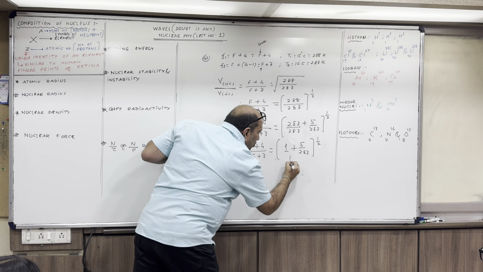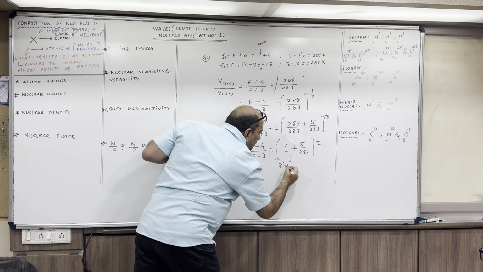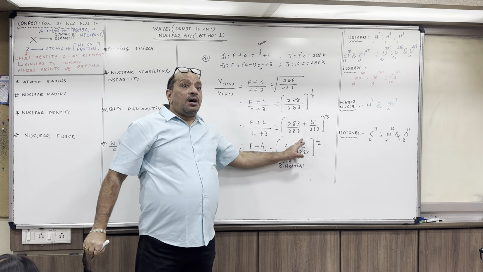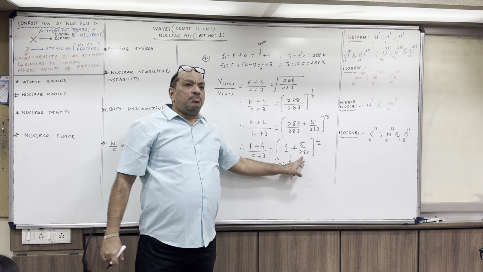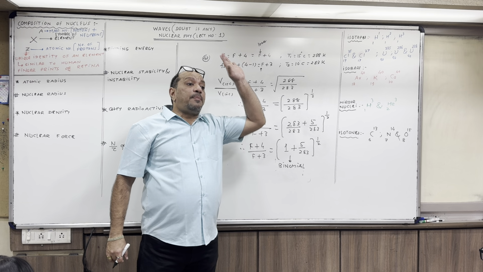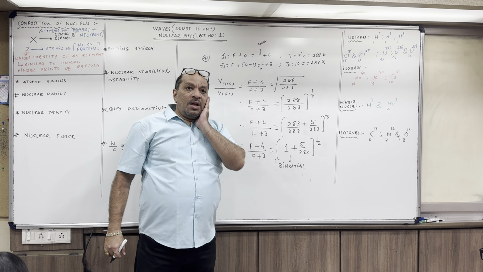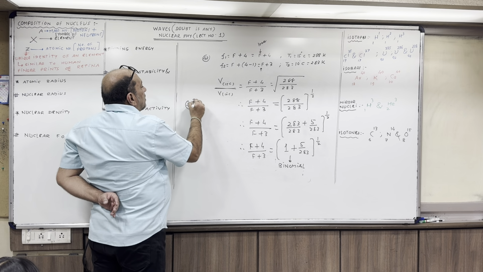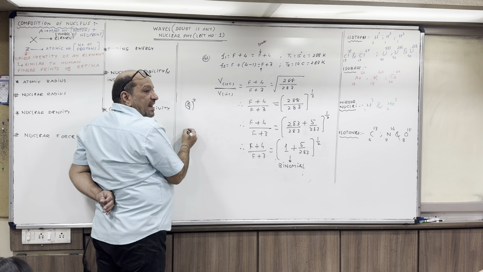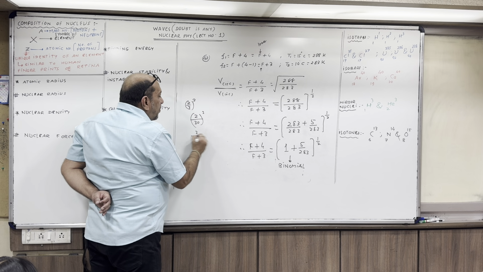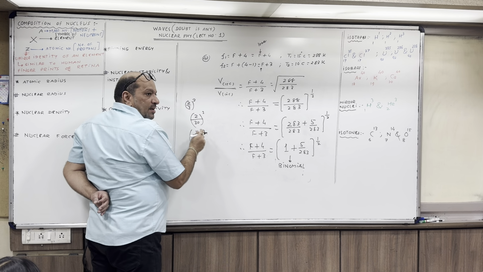Now here we can use binomial theorem saying that power becomes coefficient. This term is going to be very small number. This term is going to be very small number. So higher powers of 10 can be neglected. Higher powers can be neglected. For example, if I write 2 upon 3 the whole square, I cannot neglect this. But when I write 2 upon 30 the whole square, 2 upon 300 the whole square, then the higher powers